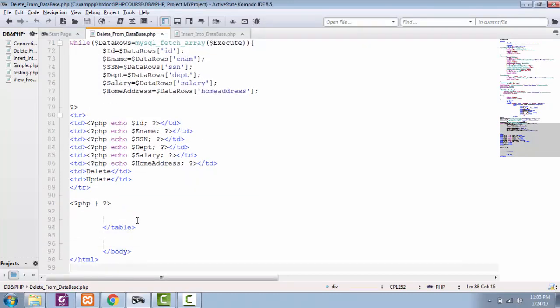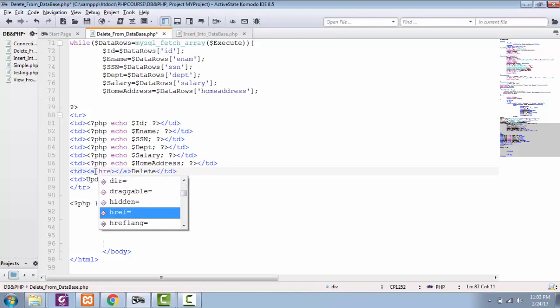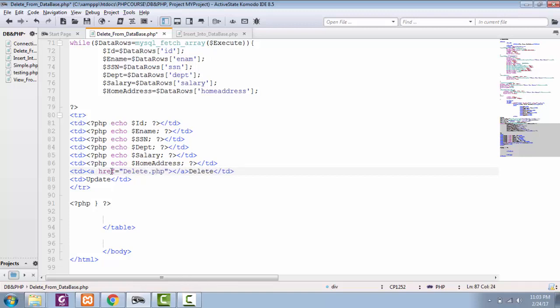So in here, in our TD, I'm going to link this TD with a hyperlink using an anchor tag, and in the address here I can give it the address of some new page like delete.php that we don't have at the moment. And for the search query parameter, I'm going to give it a search query parameter of delete is equal to this ID